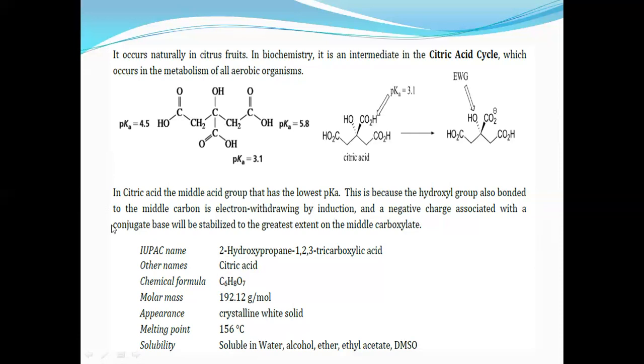So the systematic or IUPAC name of this citric acid molecule is 2-hydroxypropane-1,2,3-tricarboxylic acid. So this is basically nothing but 2-hydroxypropane-1,2,3-tricarboxylic acid. The other name of this acid is citric acid, and it is a crystalline